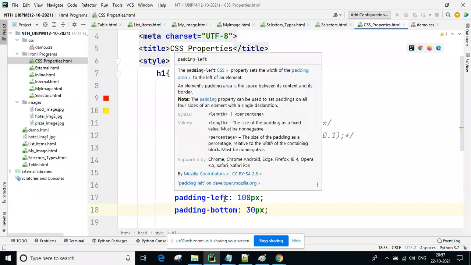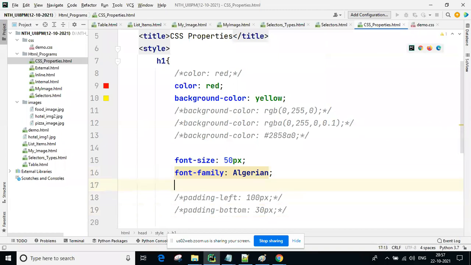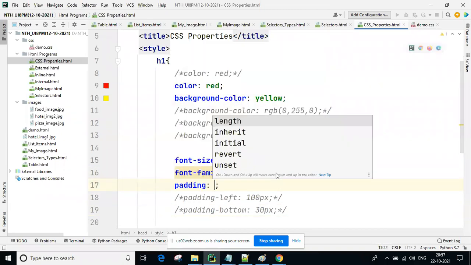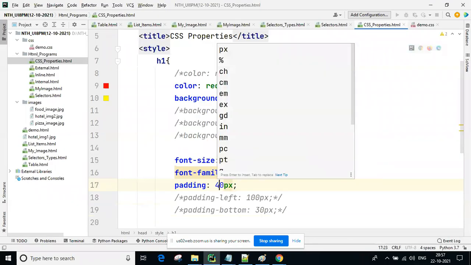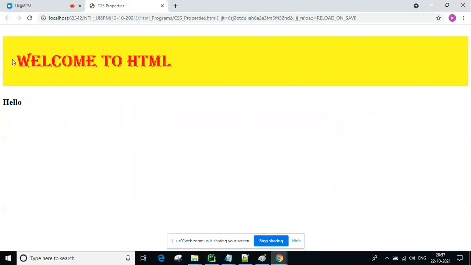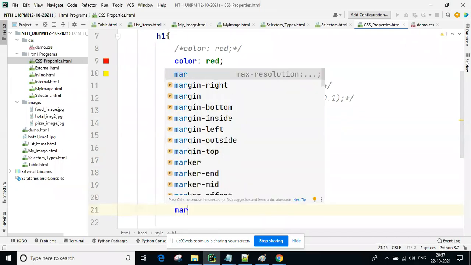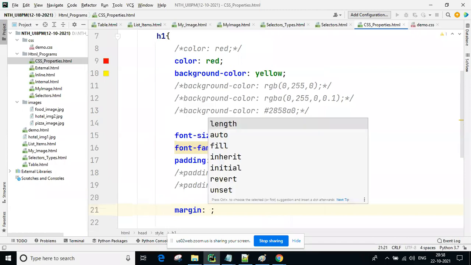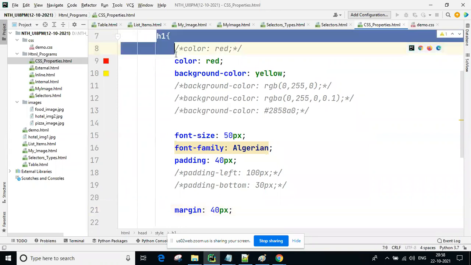So in the common style I'm going to write padding 20 pixel, or else you can take more, 40 pixel padding. Next margin, guys. Margin 40 pixel you can take again. Right now only one tag is there, H1.